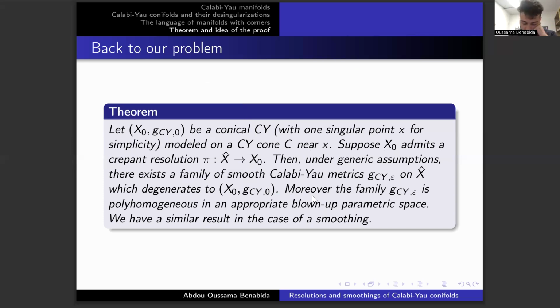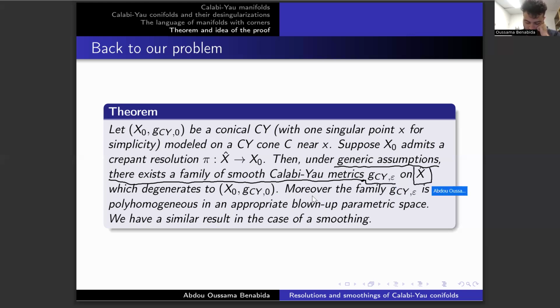Then under certain generic assumptions, these are some cohomological assumptions that we need for x hat to be Kähler, there exists a family of smooth Calabi-Yau metrics g_CY,epsilon on the resolution,